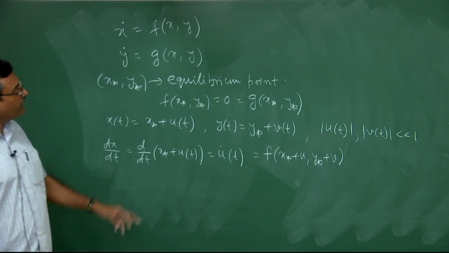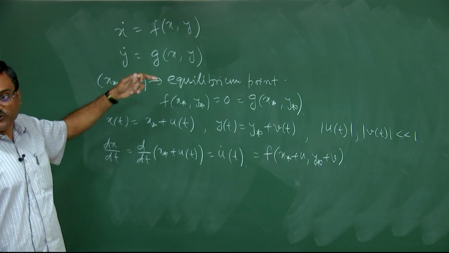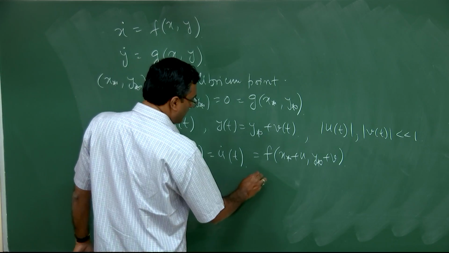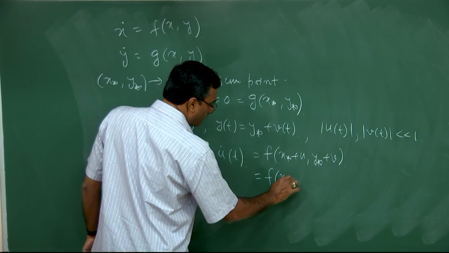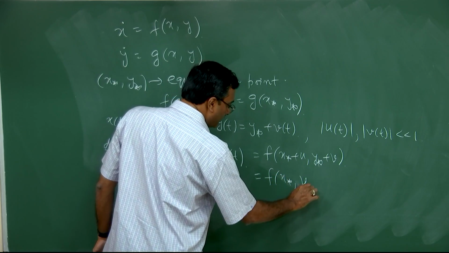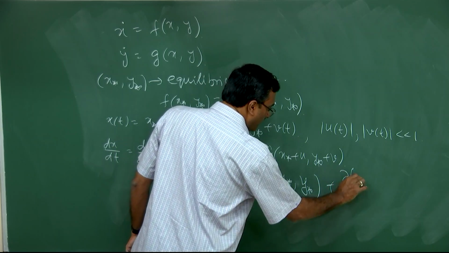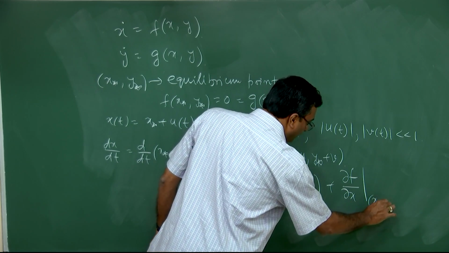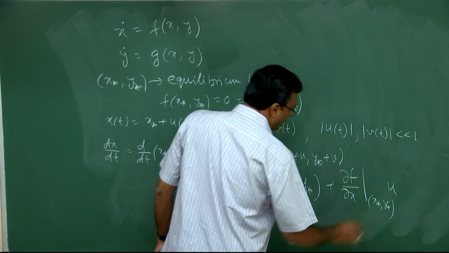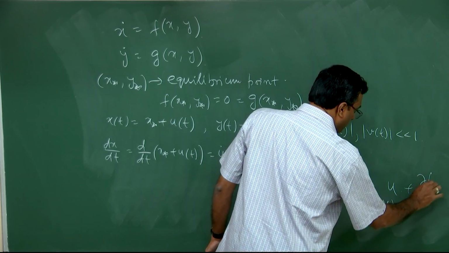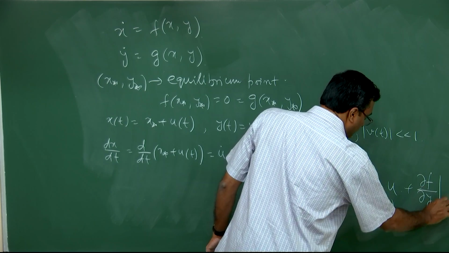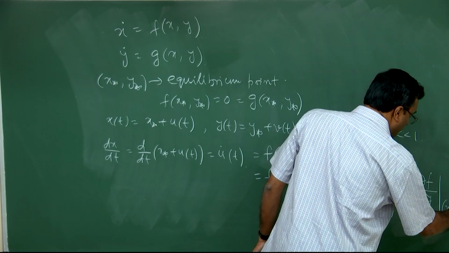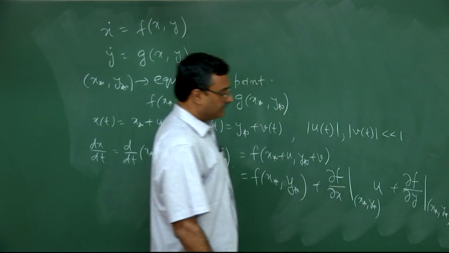So again we are assuming that f and g are both smooth functions. Once you assume they are smooth functions, you can write this as f of x star, y star plus del f/del x evaluated at x star, y star multiplied by u plus del f/del y evaluated at x star, y star multiplied with v plus higher order terms,